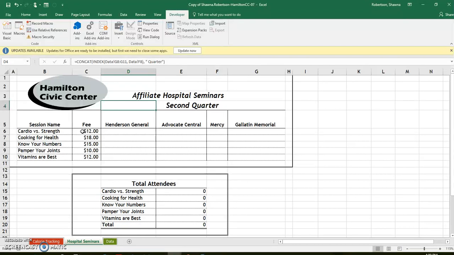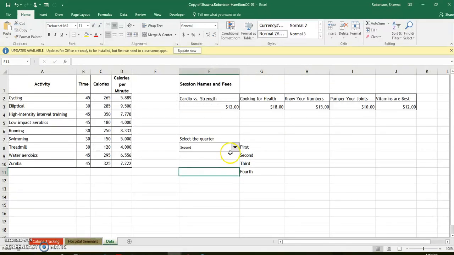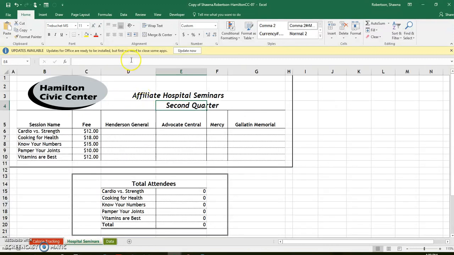Don't worry about it. Okay, and the next part of that step is to change the font, which I had done previously. If you look on the home row, it needs to be bold, italicized, and also 16 point. So you can see we've got second quarter showing here. We took whatever quarter is being displayed here on the data worksheet, and then we concatenated it, or concated it. I don't even know if that's a real verb, but with